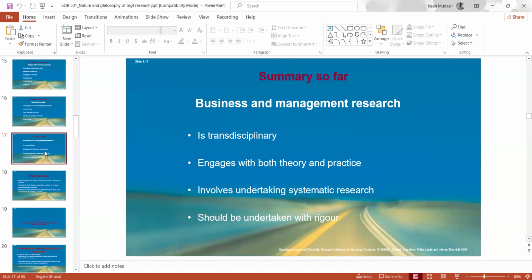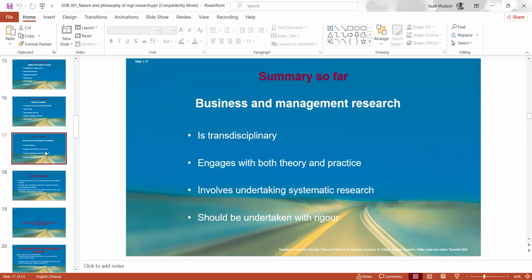Then, in the end, we looked at different types of research. And we said that we can have one research that is so strong in theory and methodology, but weak in what? Practice. You can have another level of research that is strong in both theory and method, and then also strong in terms of what? Practice. You can have research that is weak in theory and also weak in practice. So we looked at all that.